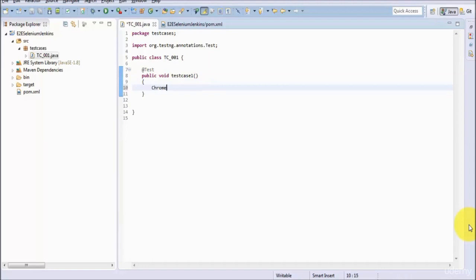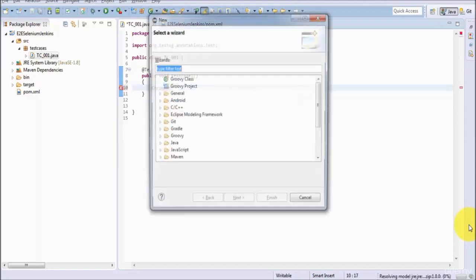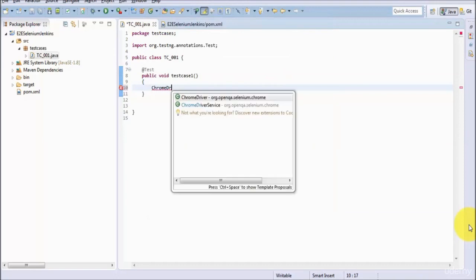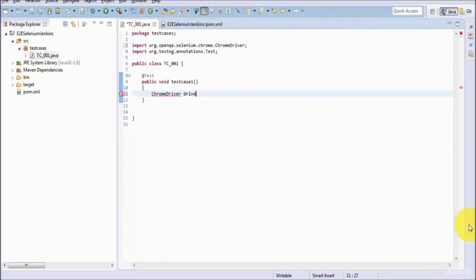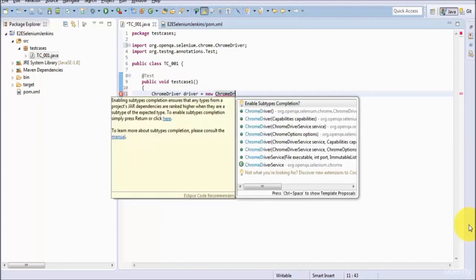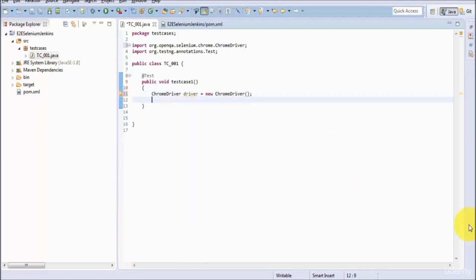Again, as we know, we can create an object of the drivers. So I'm just creating the object of the Chrome driver. It's a very simple test case I'm creating. The aim of the session is to execute this test case from Jenkins. So a very simple test case I'm creating,